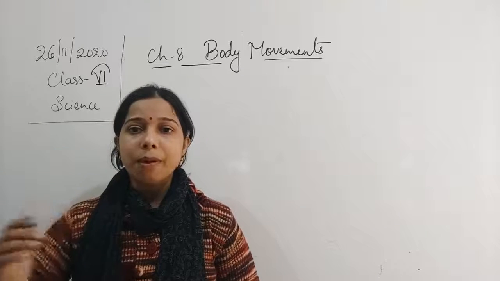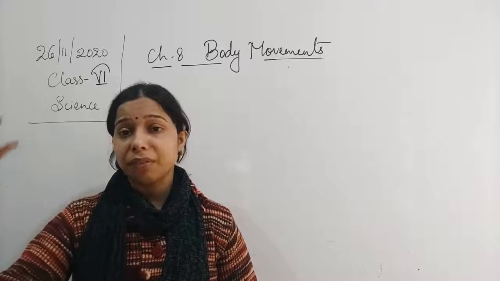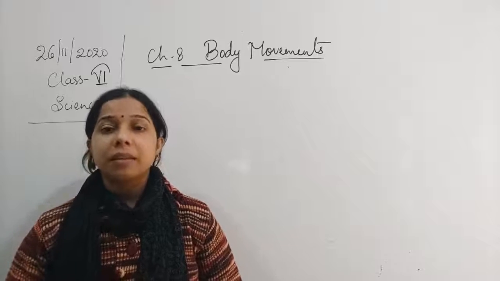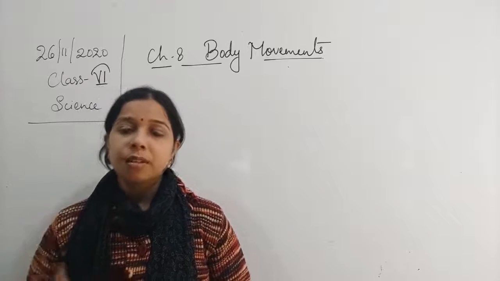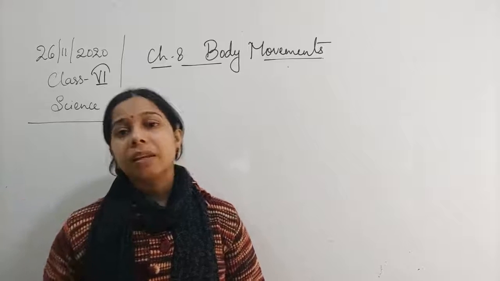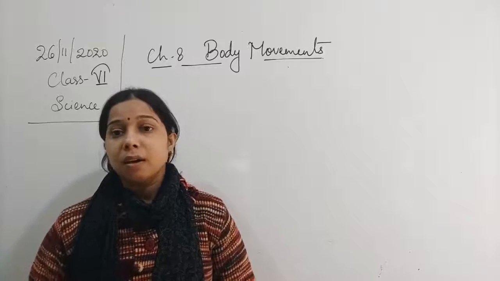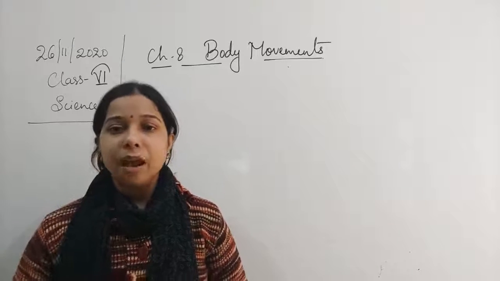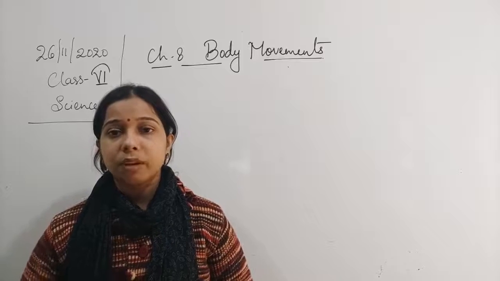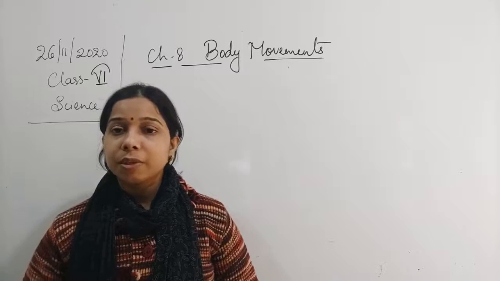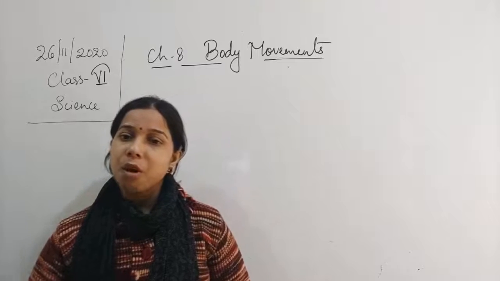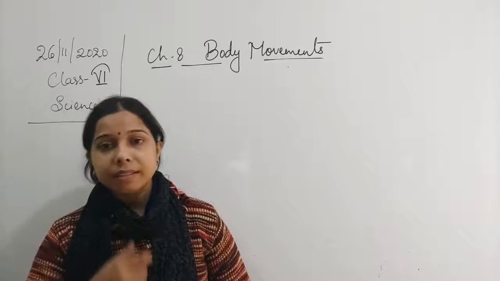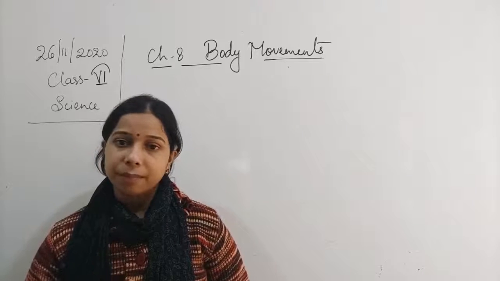If we talk about the individual bones, students, it started with the skull, then the backbone, then the shoulder bones, then the arms, then the ribs, and the breastbone. If you go to the lower portion, the hip bone is there, and from the hip bone, the leg bones are present. We discussed that the skull consists of two eye sockets, an upper jaw and a lower jaw.